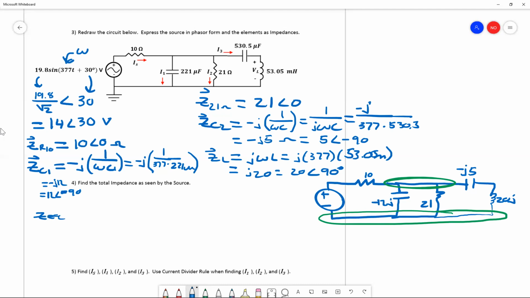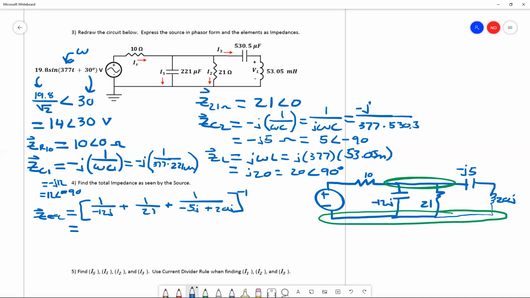So we're going to find equivalent impedance, and we'll take each branch and we'll add them up. 1 over negative 12J plus 1 over 21 plus 1 over, and then we'll add these two in series to make that branch. So that's negative 5J plus 20J. And that's all 1 over that. So we get, when we add that all together,